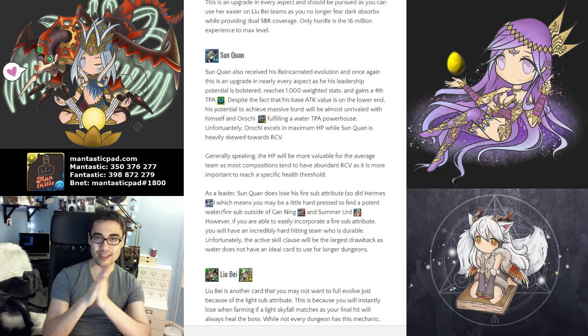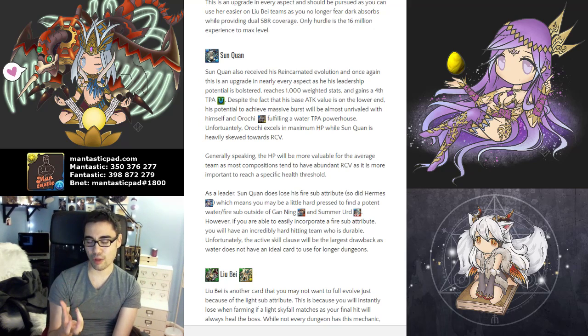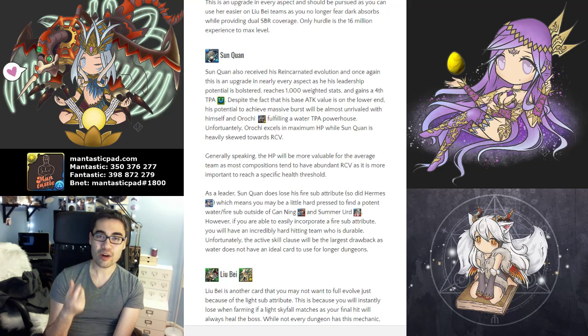However, Sun Quan has his stats heavily skewed to recovery, whereas Orochi has his stats very heavily skewed to health. And for the most part, higher amounts of health is more important for the average team because you will be able to survive higher thresholds of damage. Furthermore, the recovery badge tends to have more bang for your buck, so you don't need overwhelming amounts of recovery, but you need higher amounts of health, generally speaking. So you may not actually use Sun Quan over Orochi in terms of that TPA delay slot. So again, obviously personal preference, but for myself, I feel I would lean more towards Orochi if I had the